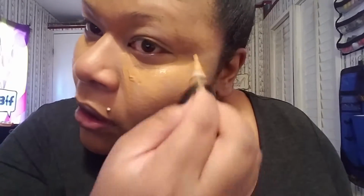Oh my God. And don't judge me on how much concealer I use, because when it's time to hide the dark circles, best believe these hoes are gonna be hidden. So let me blend it out and I'll be right back. Okay, so now that I have my concealer on, I'm going to be using the Airspun, the translucent extra coverage, under my eyes to catch all of the fallout of